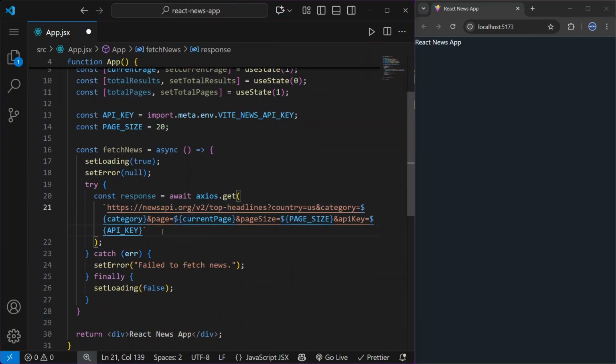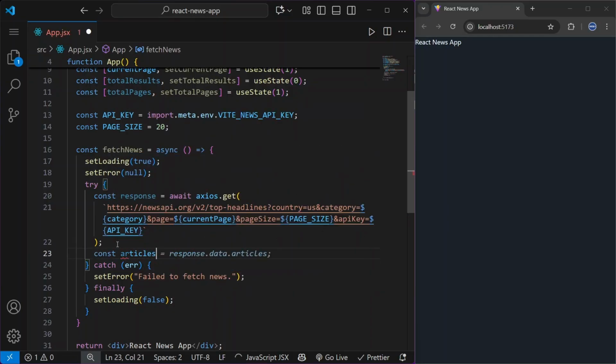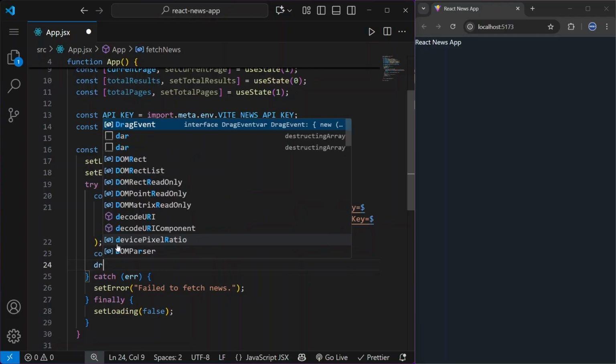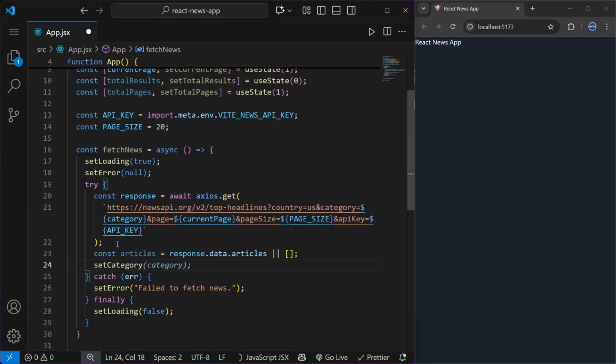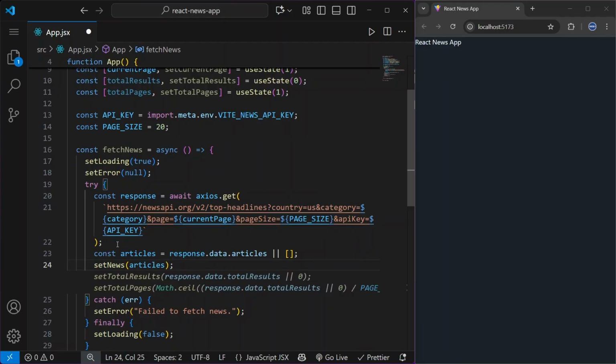Here you can remove some parts or you can include something new. It's up to you. So now we have our response, and then we need to create a variable called articles, which will be equal to response.data.articles, or we can say that by default it will be an empty array. So now let's say setNews will be equal to articles, and our total results will be equal to